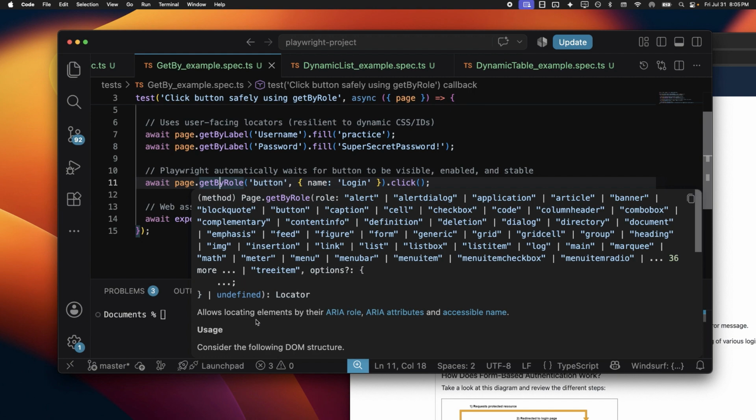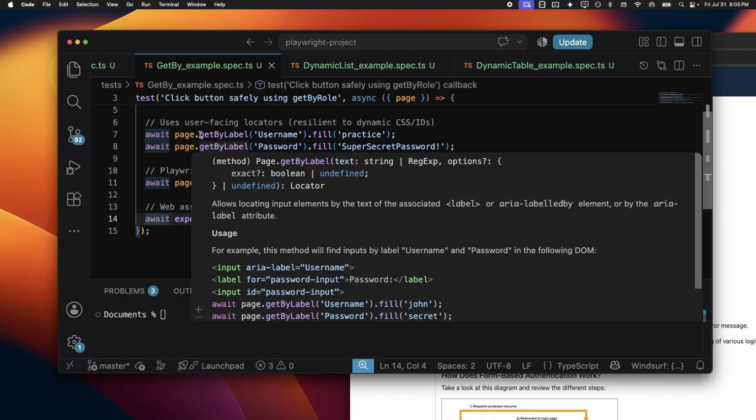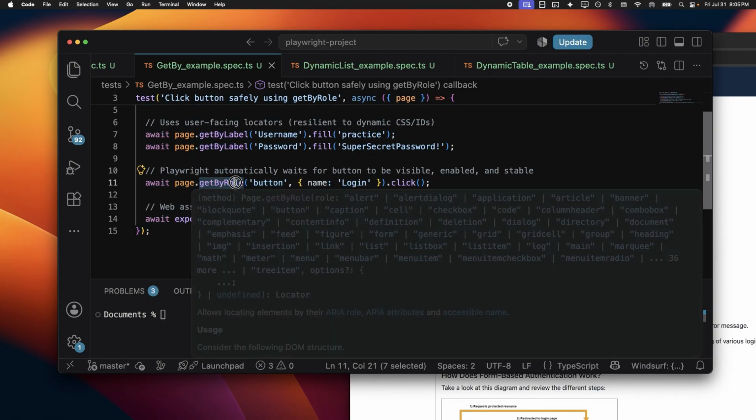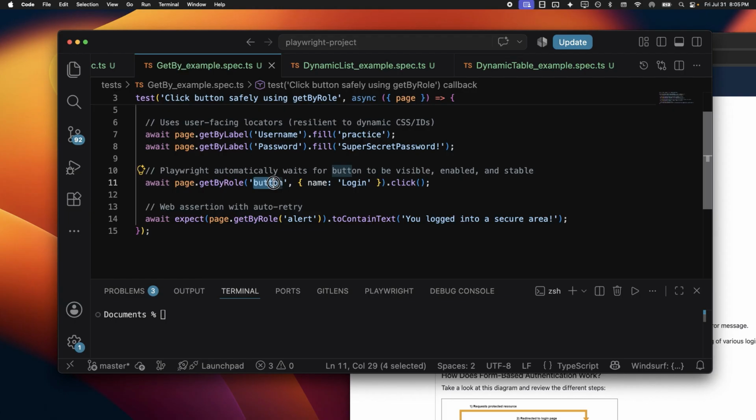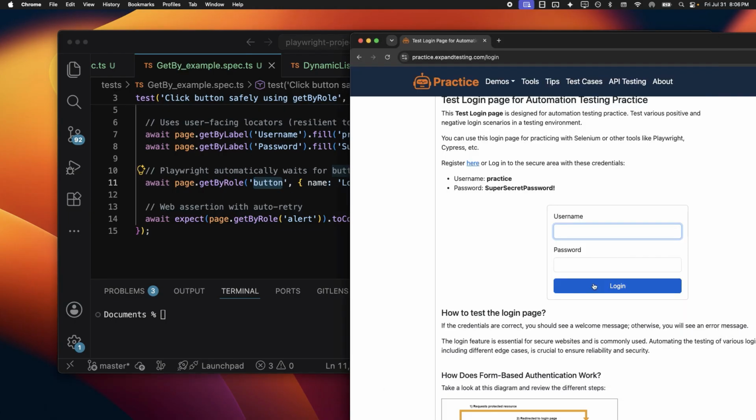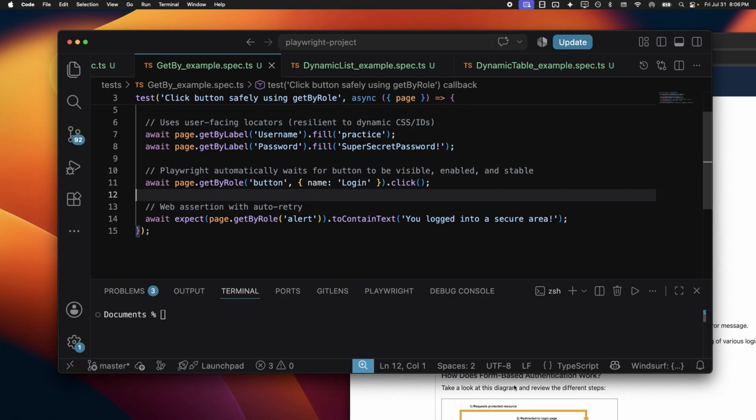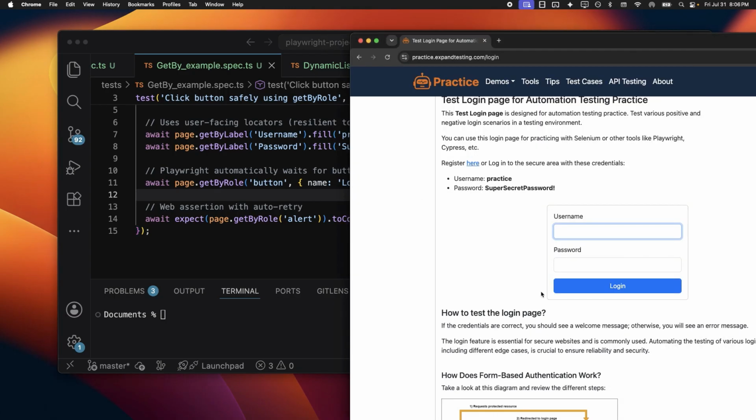you can see the real definition, and it says allows locating elements by their aria role and aria attributes. So I have explained what is aria role and aria attributes in another video, but for this video you just need to understand that you should use the getByLabel or the getByRole. Role is what is the element's role. This is a button. So there is a button, you tell Playwright to look for the button, and there